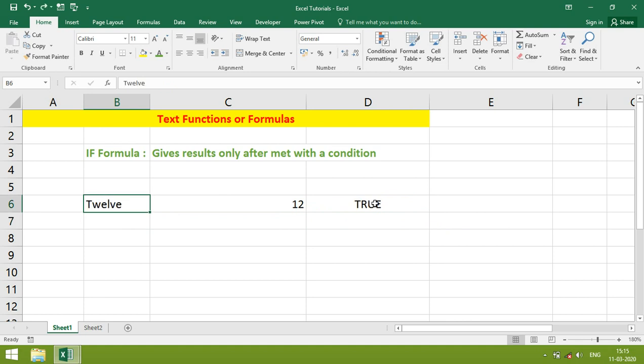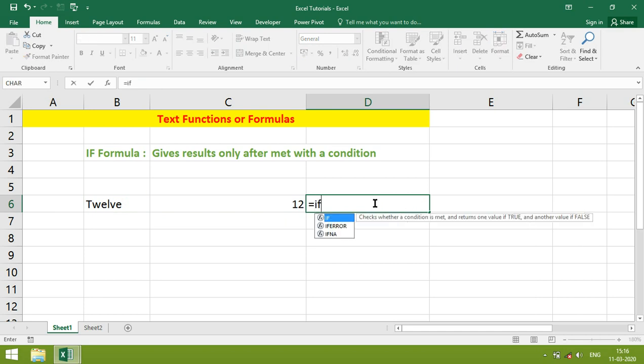This is used for text, and text has no value at all, so we can use only equal to. In another way also we can write the formula: if equal to, just give text.